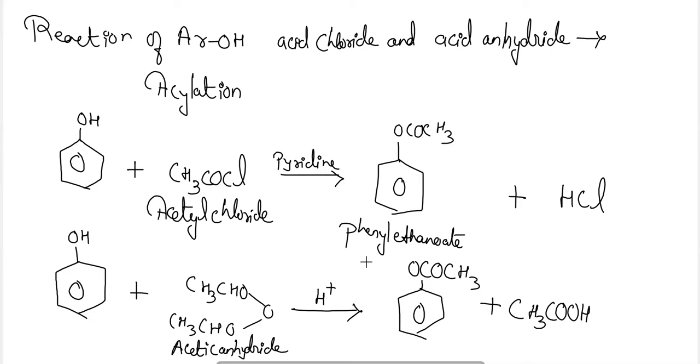used for anti-inflammatory and anti-pyretic properties. When phenyl acetate is heated with anhydrous AlCl3, it undergoes rearrangement in which the acyl group migrates from phenolic oxygen to the ortho and para positions, forming ortho and para hydroxyketone. This reaction is also called the Fries rearrangement. So let's see the Fries rearrangement.